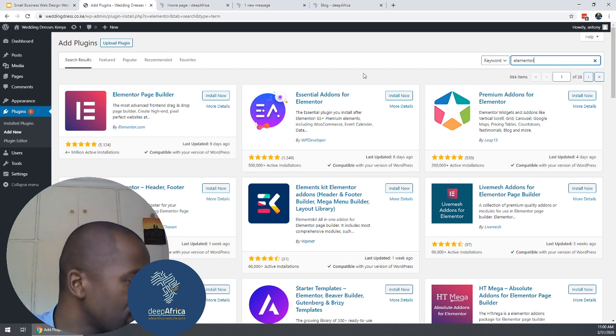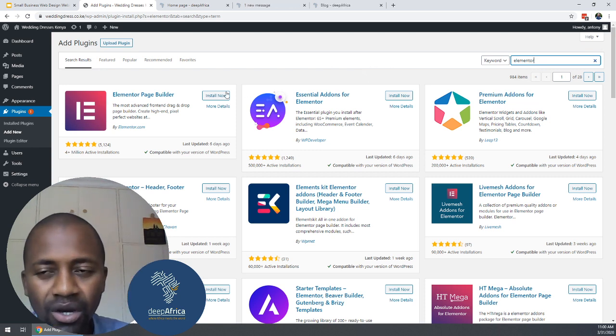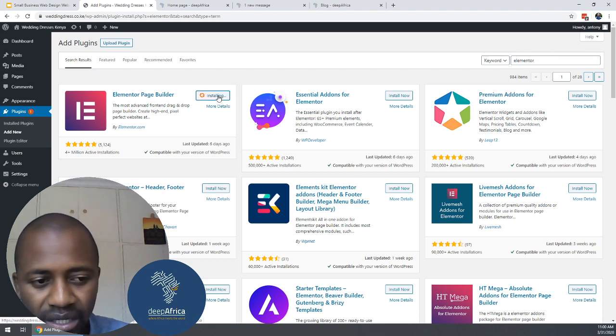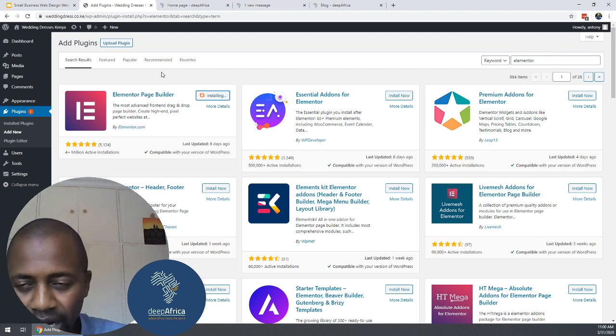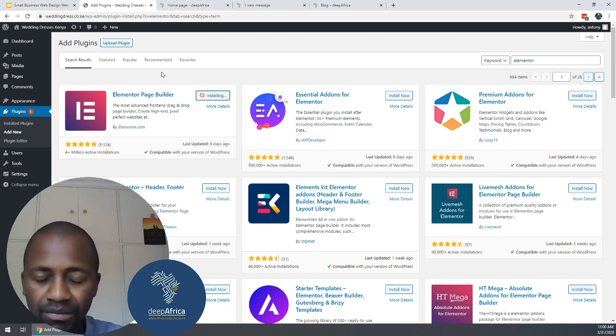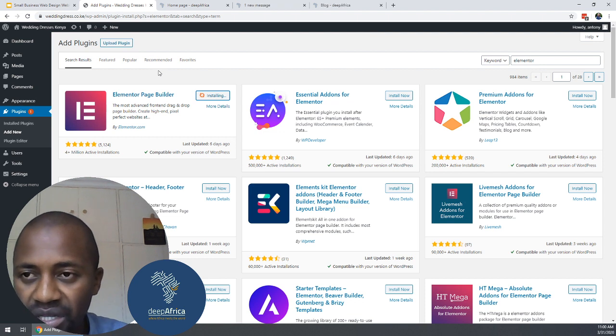I was just reading a few of the comments. I'm sure you're getting quite a bit of assistance from the people or the moderators. So once you come to Elementor, just click on install now. And so it's going to install that within your own website. Right now I'm installing it within